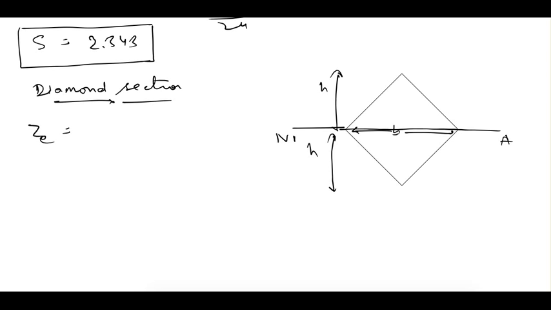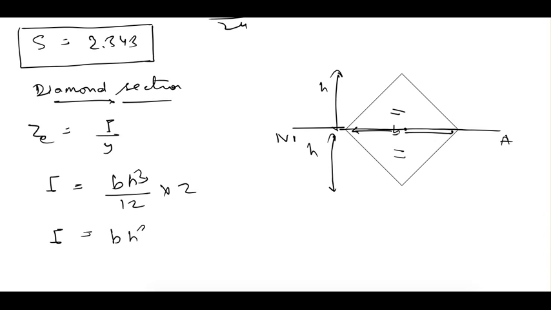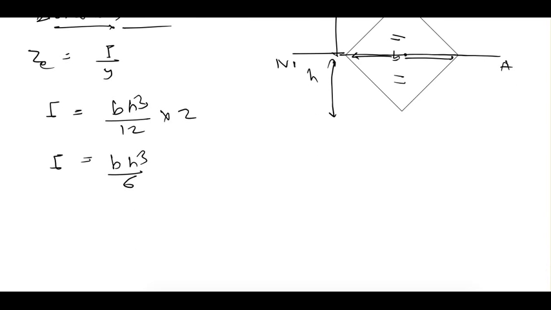So Z elastic is equal to I upon y. Now I we can find out as I for a triangular section, that is moment of area for a triangular section about the axis passing through the base. So this value is equal to b h cube by 12. Now there we have two triangles, so multiplied by 2 or addition of the two, both are the same thing. So this value here is equal to b h cube by 6 and y max is equal to h. So Z elastic is equal to I upon y, so that is simply equal to b h square by 6,